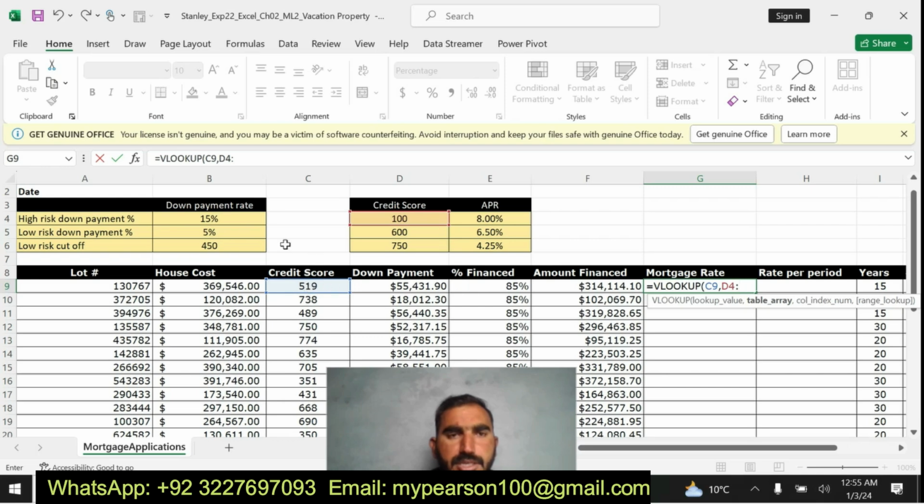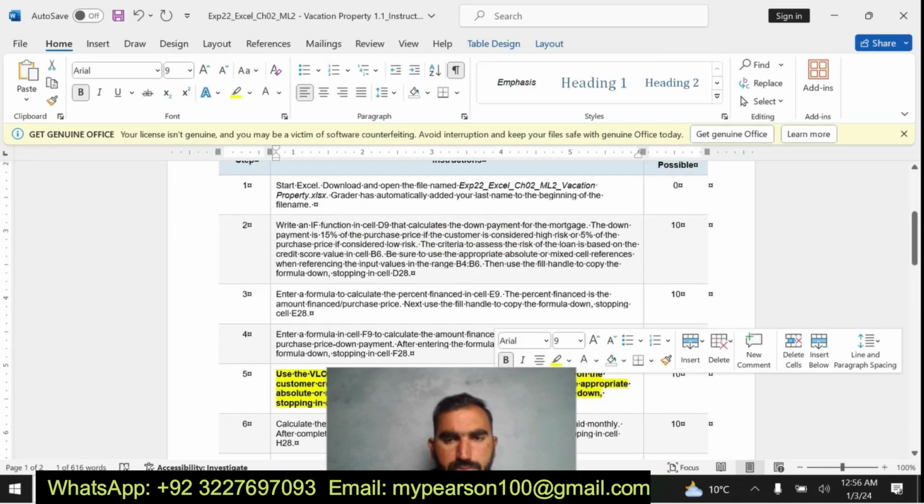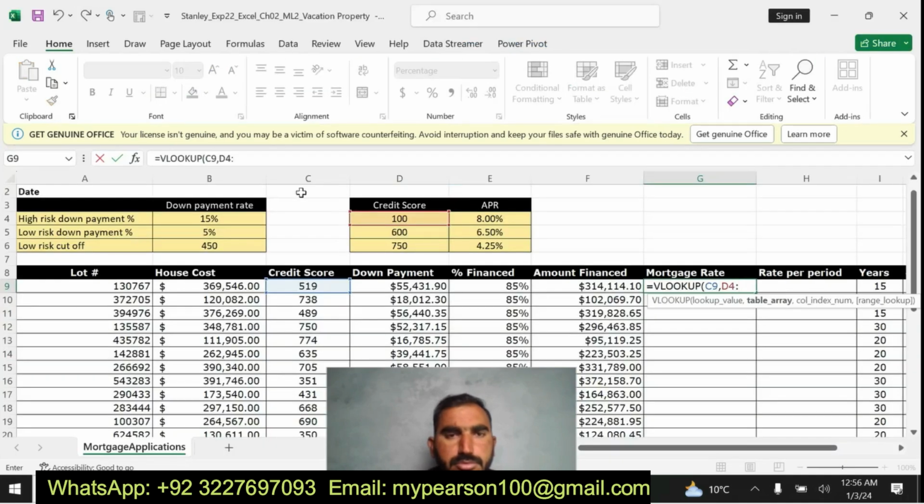You can see here I'm going to apply the VLOOKUP function. C9, comma, D4, column E6, and apply absolute cell references to D4 to E6.